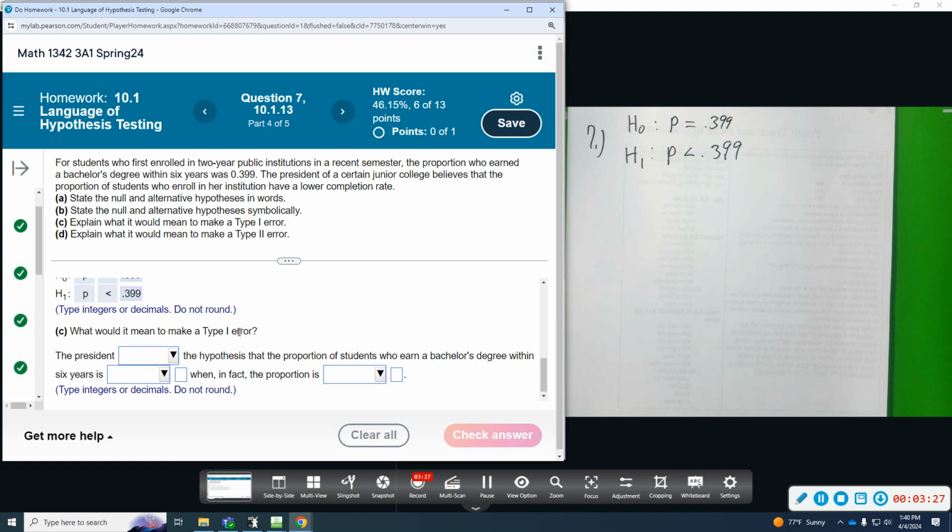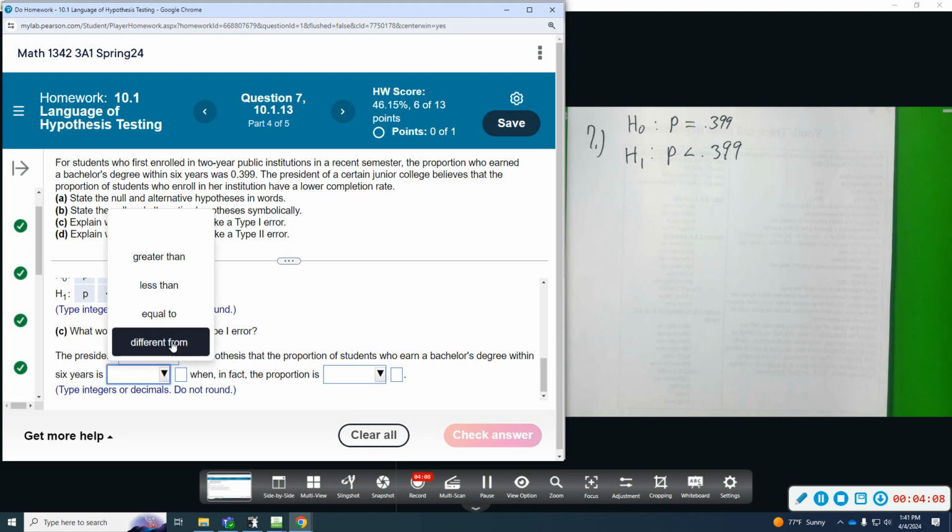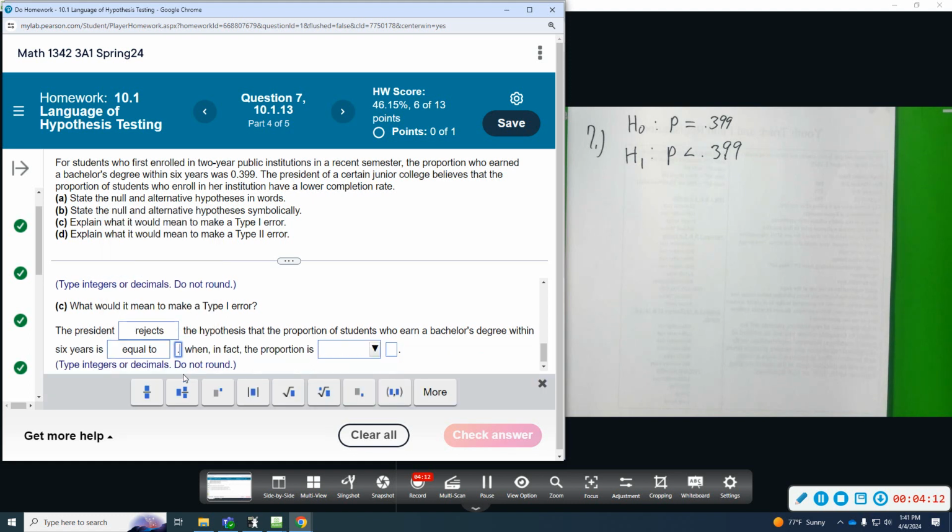Okay, so what would it mean to make a type 1 error? So type 1 error is when we reject this when it's true. So if I reject the fact that the students at this junior college are equal to, there's no change, in favor that they are less than, that would be type 1 error. So the president rejects, when you reject this, rejects the hypothesis that the proportion of students who earn a bachelor's degree within 6 years is equal to 0.399, when in fact the proportion is,